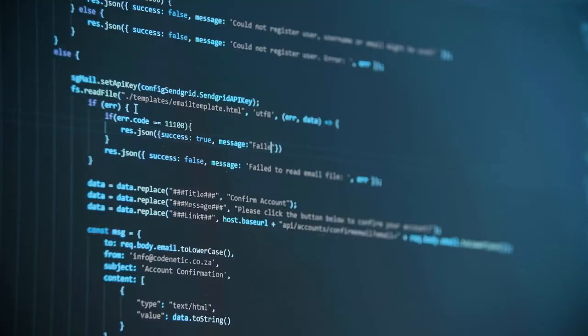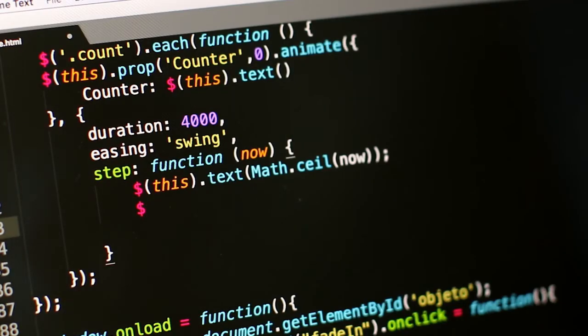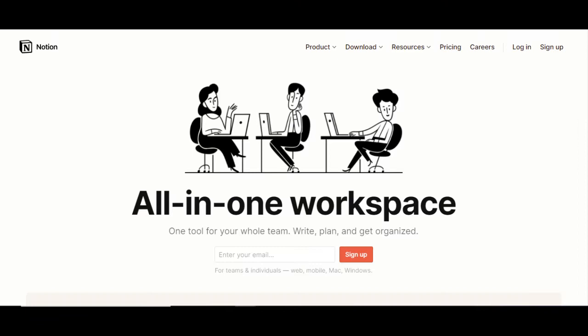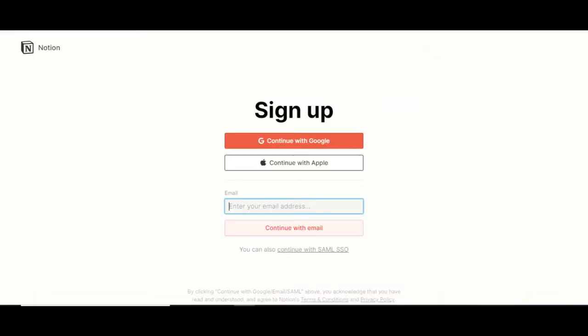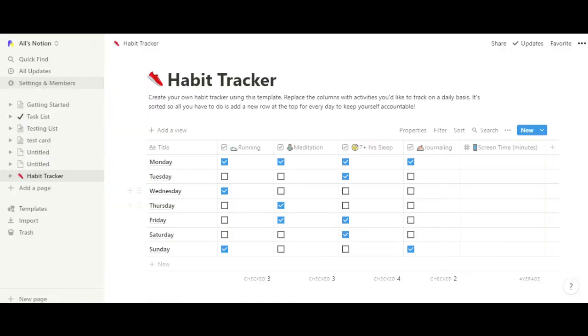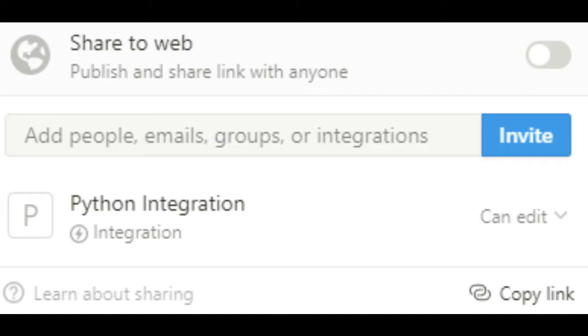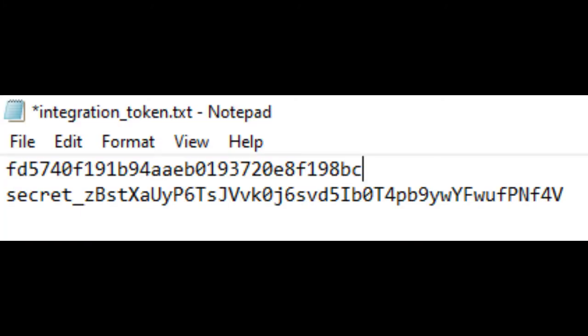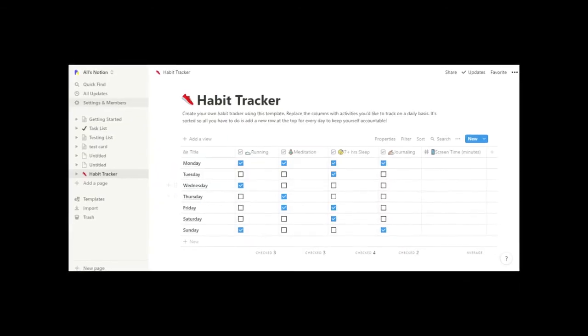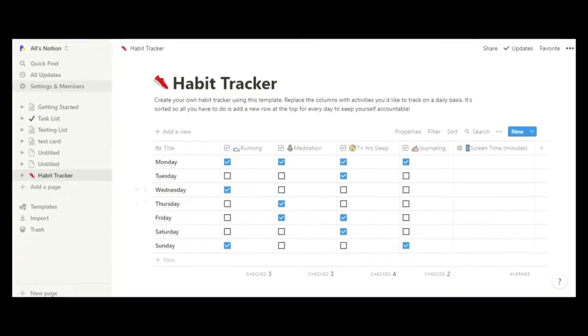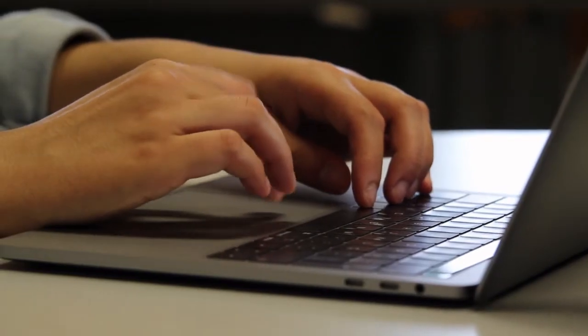Let's jump to the coding part. Before you coders open your editors, first you have to go to the notion.so site, sign up as a user, create an integration, create any list or board or any data you want to access, share the data with the integration, and take note of the database ID and integration token. Basically, you just set up your Notion API with some data you want to access or change.